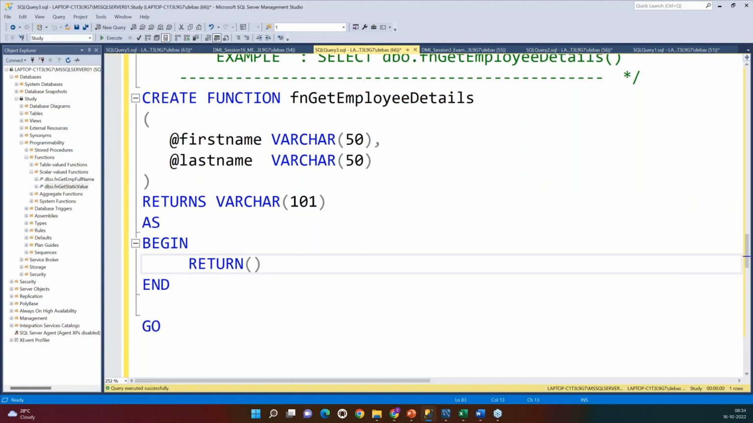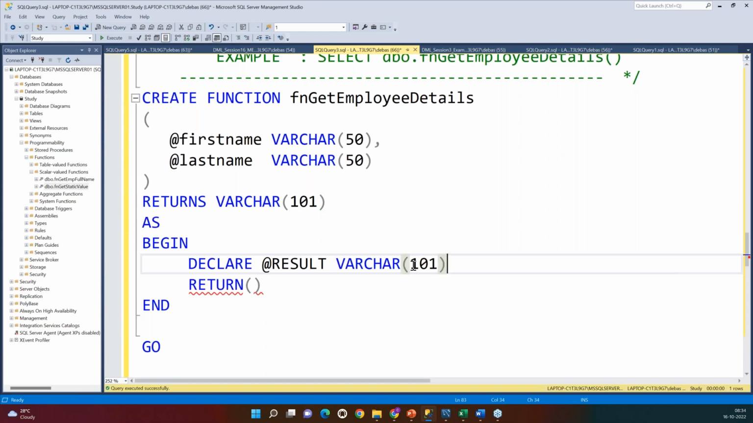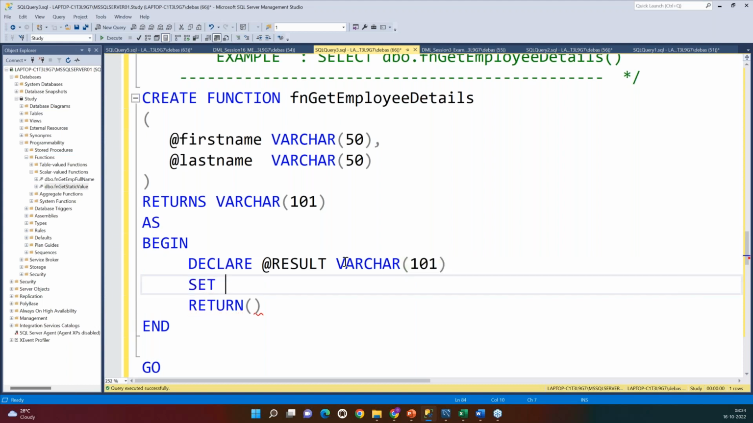Interesting part, as written, I will do something. But rather than just writing the script, why not do something interesting? I will declare a variable called result. What type will result return? My expectation is varchar 100, so I will return a varchar 100 type of data. So I am declaring a result variable that will hold 101 characters. I will set the value of result equals, or I can do this also. I will say select